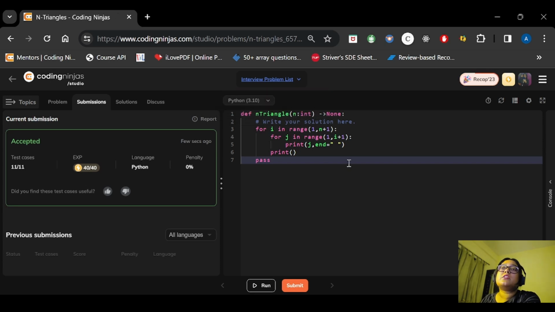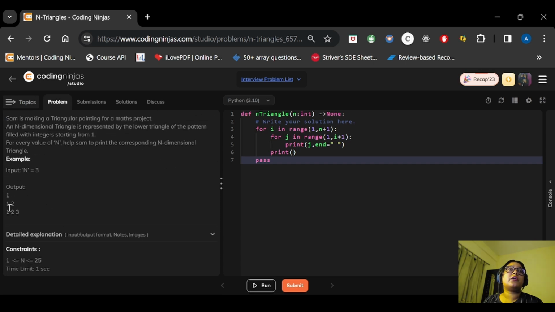Now we will see a question. Like in this question what we had, we were following a lower triangle to the left side, right? Now we will have a lower triangle only, but what will happen, we will have spaces here and we will be printing a reverse lower triangle, okay? So now let's move on to another question.